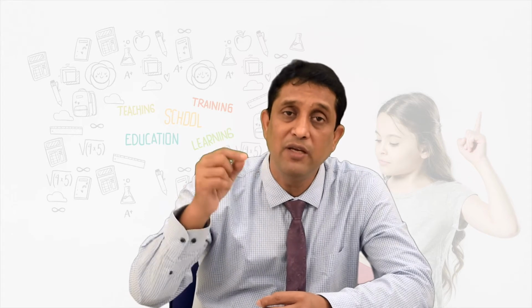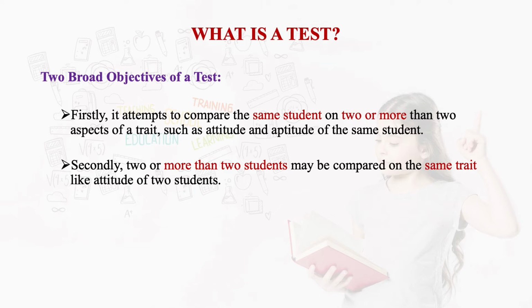So as a result, you can say that student X has secured this much score in science, has a positive attitude towards schooling or towards the teacher, and the student has intelligence as well as other aspects also. So here, so far as the objective of a test is concerned, different variables, different tests can be measured upon the same student. And secondly, two or more students may be compared on the same trait